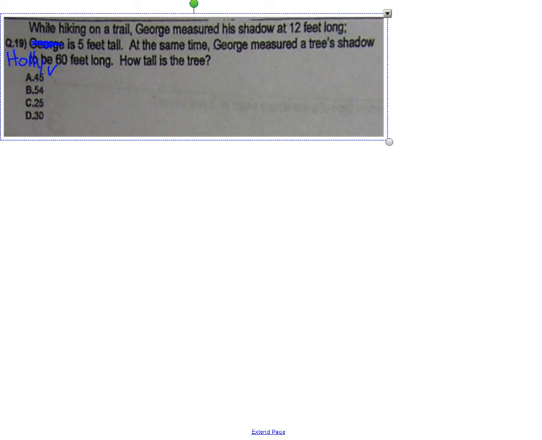I don't know what you're measuring yourself against. Like the bookshelf is an accurate display of height. So, as ridiculous as this question sounds, this shows up all the time. And actually, it's kind of interesting, the fact that you can actually measure the height of a tree just by using your shadows. So we've got